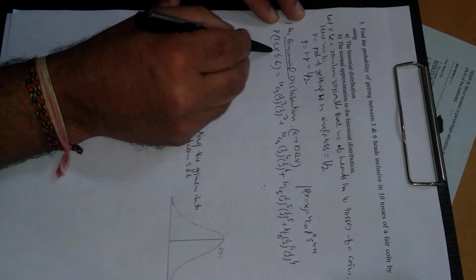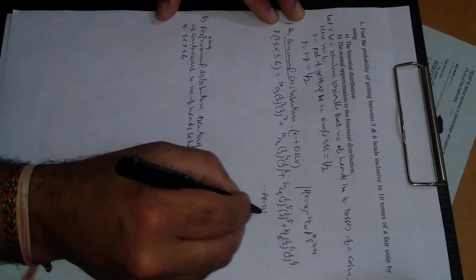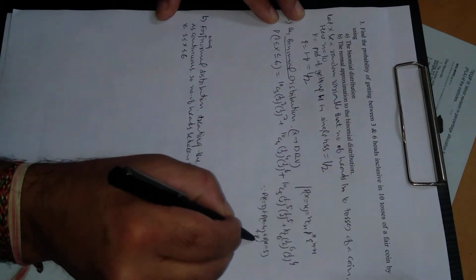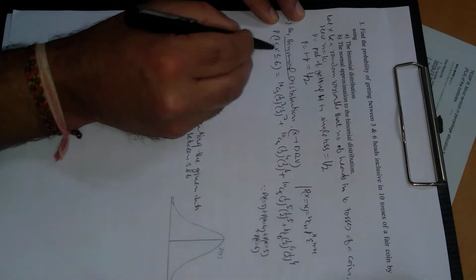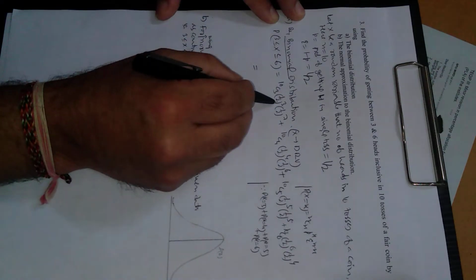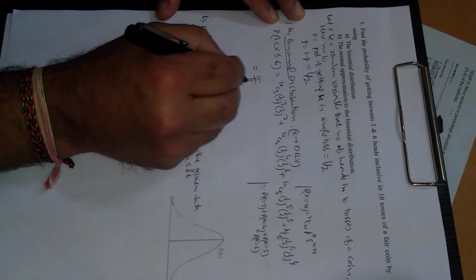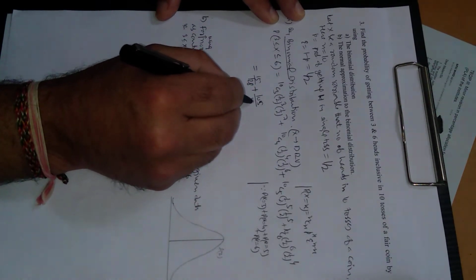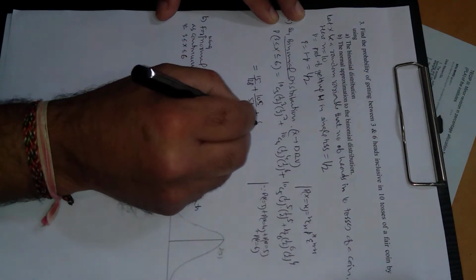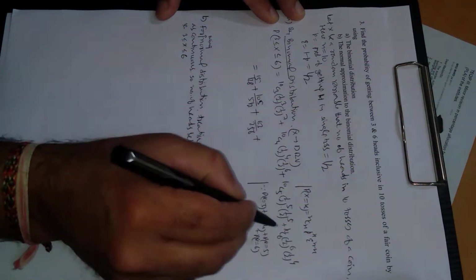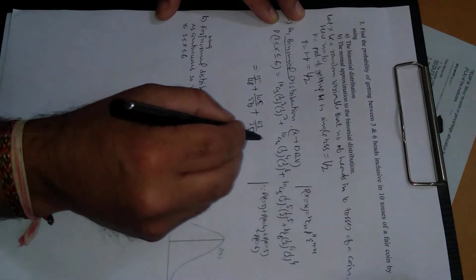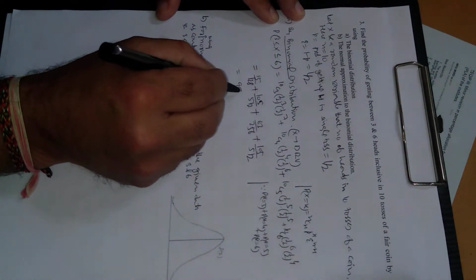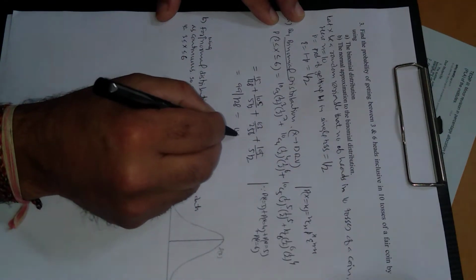The reason is that this probability can be written as x equal to 3, plus x equal to 4, plus x equal to 5, plus x equal to 6, between 3 to 6 including 3 and 6. On simplification, the first gives 15 upon 128, the second gives 105 upon 512, the third gives 63 upon 256, and the fourth gives 105 upon 512. After taking the LCM, this gives us 99 upon 128, which is equal to 0.773.